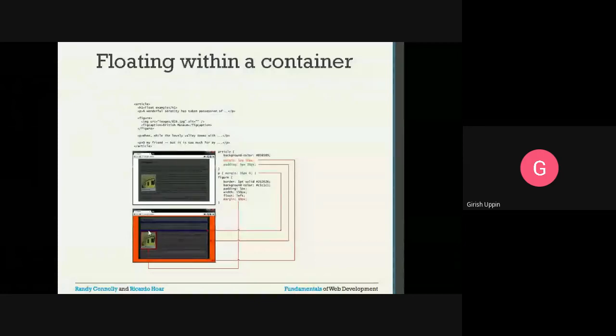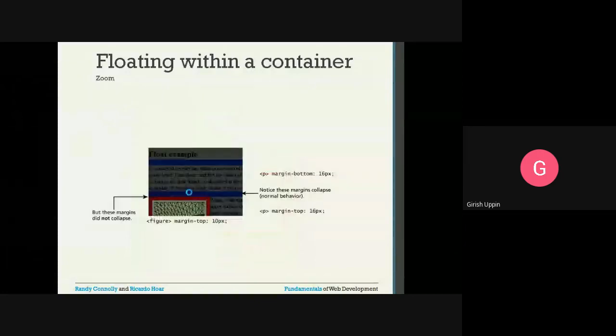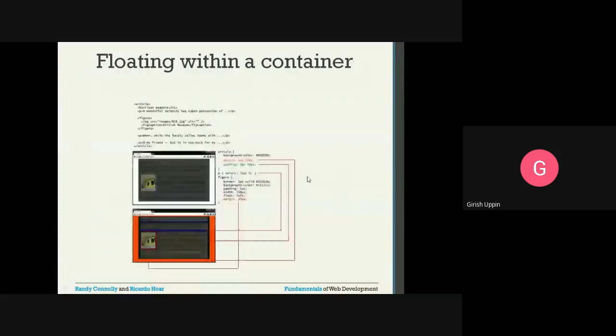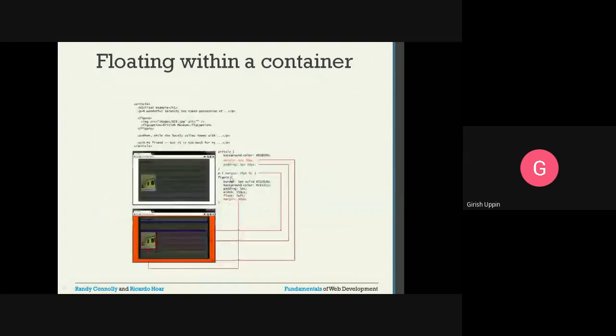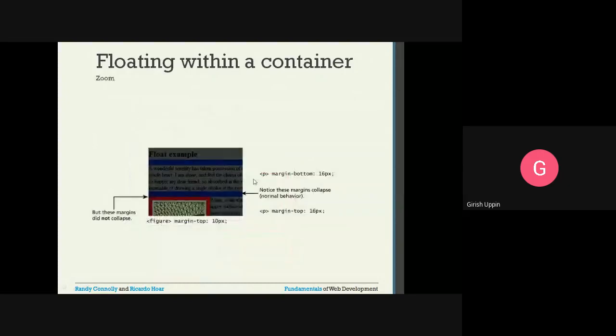If you notice here, this particular portion is zoomed up here. So this is the margin for the paragraph, that is margin bottom. We are just considering a margin bottom, so margin hyphen bottom. When you say margin 16px, then it would be all the sides. And when you want to set just the bottom, you can use margin-bottom 16 pixel. So this is 16 pixel.